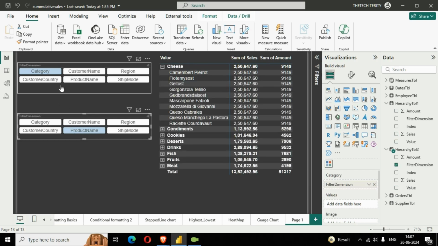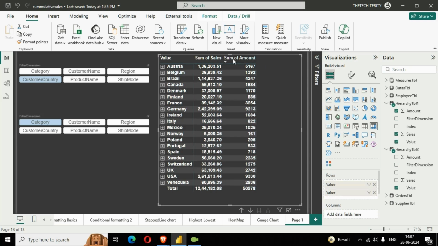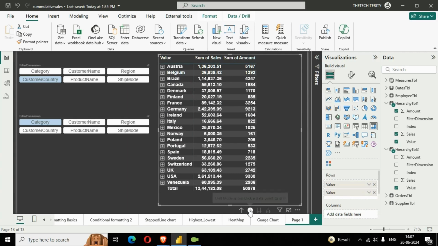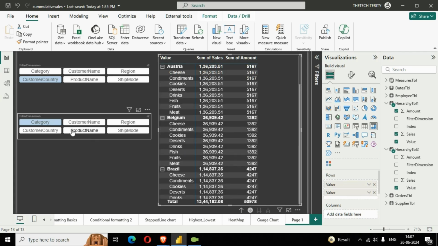And let's select the category wise, so let's say country wise, category wise sales, and let's select this, and here I'll just tickle up here. Yeah, you can see here we got the customer country, that is country wise, the category wise sales figures, but here we got sales figures which are the same for all the values, all the fields. You can see cheese, condiments, and the cookies, all the values are similar here, because here